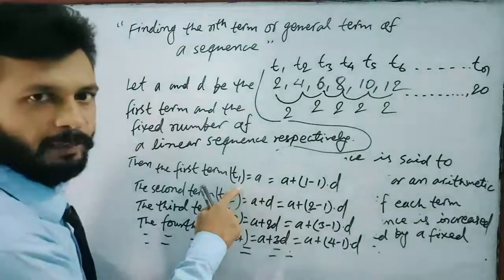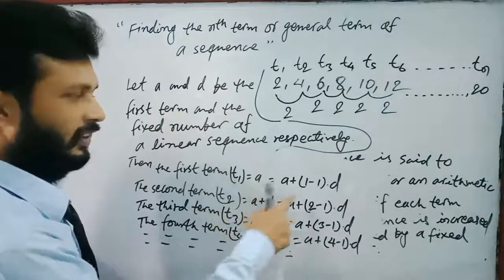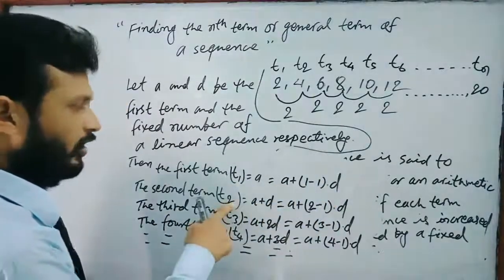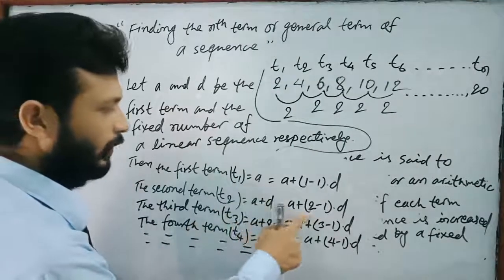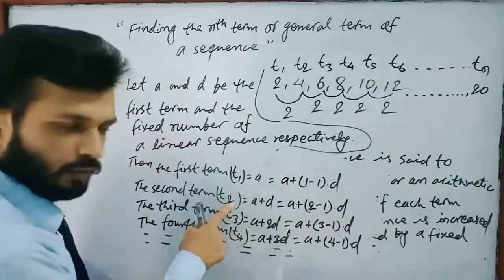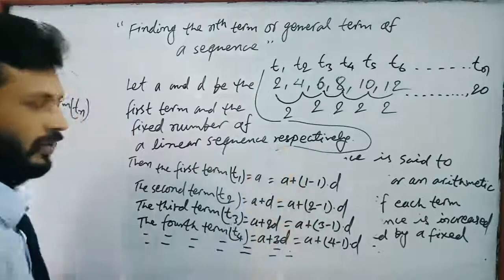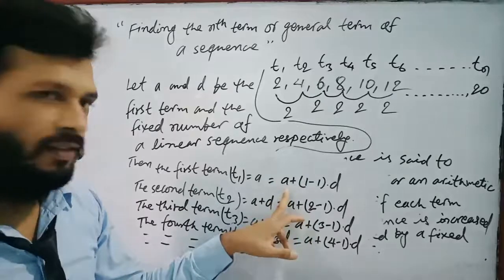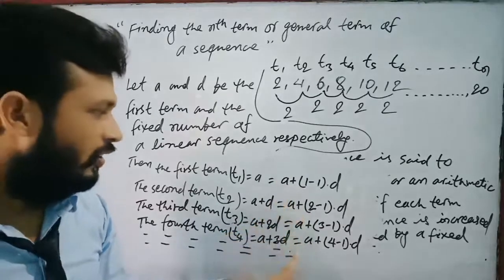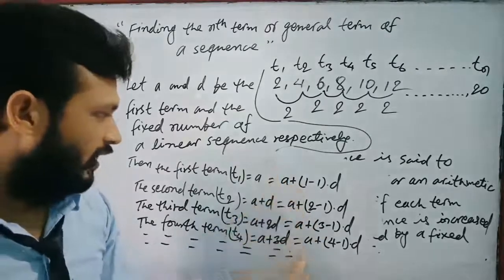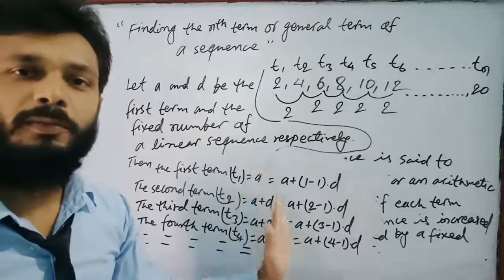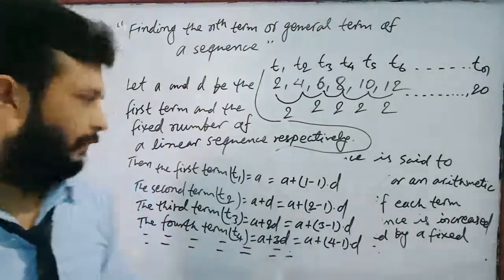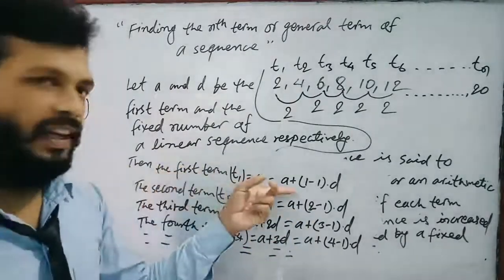Here given t1, then we can write a plus 1 minus 1 into d. t2, then we can write a plus 2 minus 1 into d. But all are same, all are constant. In all the terms, a is the same, the first term is constant. In the first term also a only,